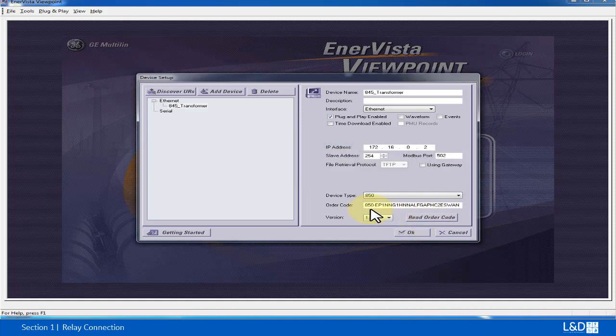So now we see this order code 850 is populated under order code, and be careful, this version shows only 1.6 and the actual version of the relay is 2.0. The reason is that the latest Vista Viewpoint monitor software is version 8. It can only read 8 series version 1.6. So any version higher than 1.6 will be displayed as 1.6. So click OK